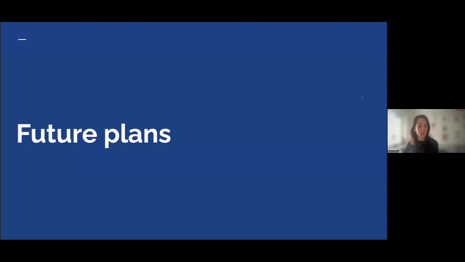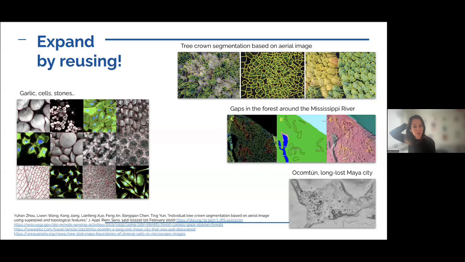points, and now we have a couple of things on the future plan. So all of us here were showing bioimages, but not all of us are from bioimaging. So Anne, for example, is coming from the environmental science community. And when we exchange about these different image analysis things, we see that the needs are really not so different. So you can see here objects that are being segmented, right? And the top ones are trees, but then there is a river, but there is garlic, then there's cells. So we don't really care so much about what is in there, but much more about the task that we need to solve, right? So we want to expand and work with other communities on this.